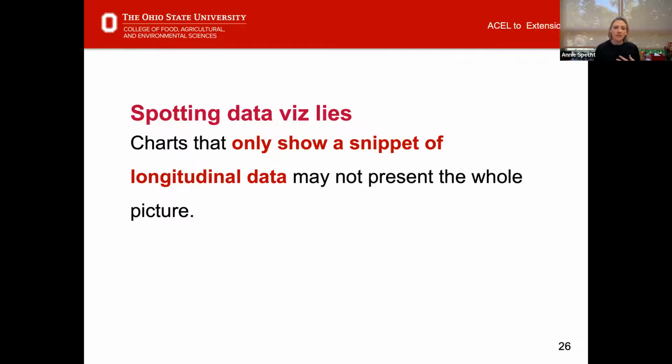One of the other things that we have to think about is that charts that only show a portion of the data, especially longitudinal data. So a lot of social science research revolves around studies that might be undertaken over a year, 5 years, 10 years, even 20 years. And if you're only looking at a small portion of that, you're not necessarily presenting the whole picture. So we see this a lot when we're presenting information about a particularly contentious issue, we might just take a look at a small snapshot of time where something dramatic happened and ignore the bigger picture and the bigger context that's surrounding that.